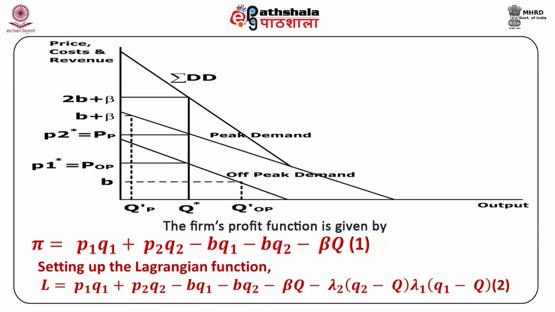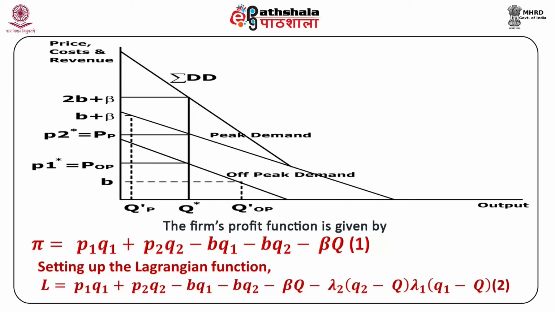Similarly, Q2 star greater than or equal to 0, P2 minus b minus lambda 2 star less than or equal to 0, and Q2 star into (P2 minus b minus lambda 2 star) is equal to 0, equation 4. Q star greater than or equal to 0, minus beta plus lambda 1 star plus lambda 2 star less than or equal to 0, and Q star into (minus beta plus lambda 1 star plus lambda 2 star) is equal to 0,